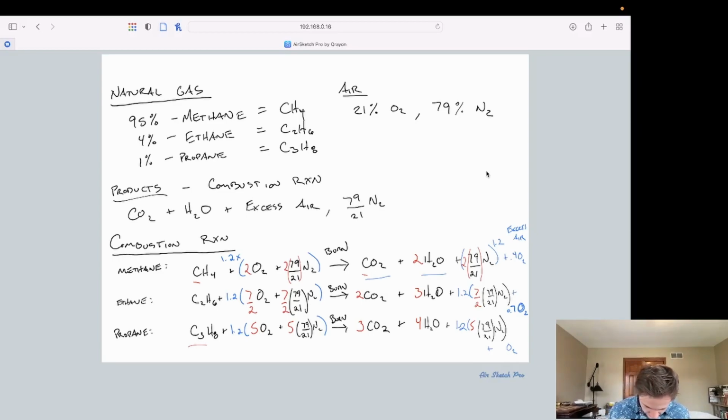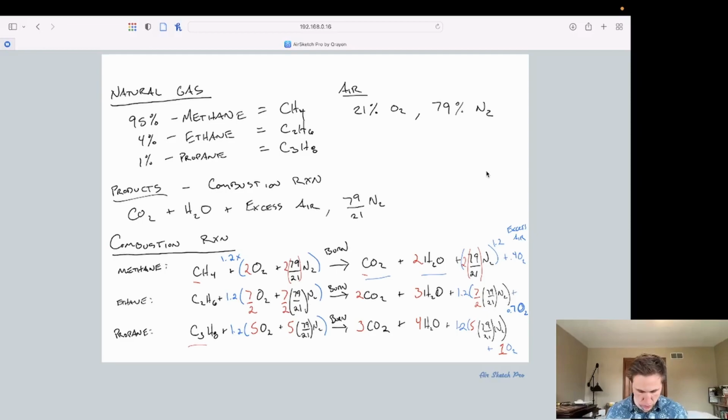Then 0.2 times 5, oh, just 1. It balances out at 1. We don't have to write it, but just to note that we are considering it 1 mole of excess air